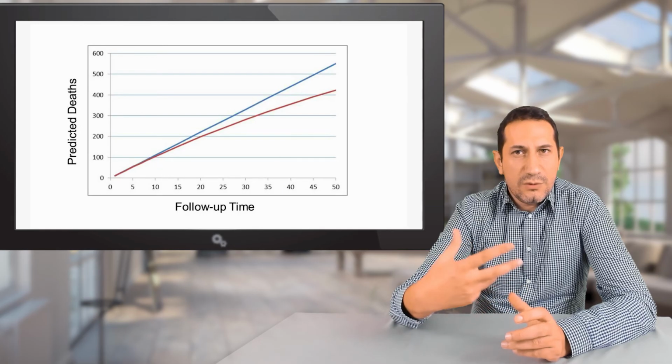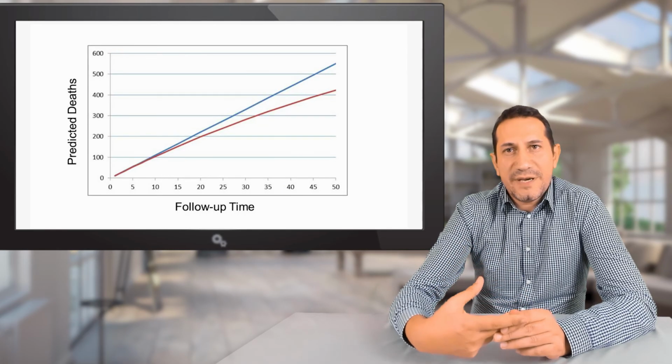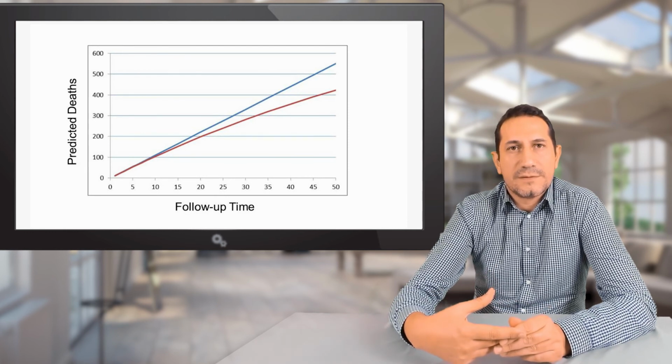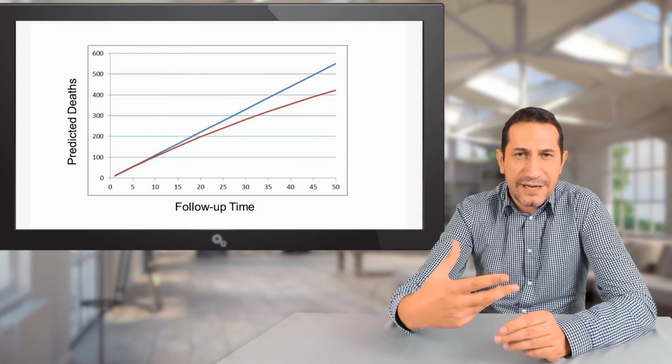And it would give a reasonable estimate of risk when the incidence is relatively constant,